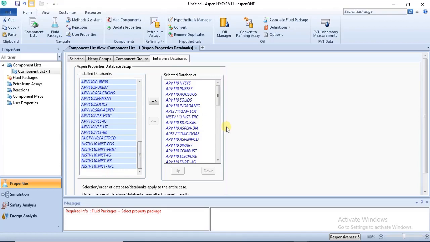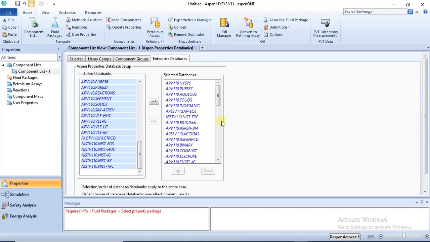In the case of the OOS, I knew it was under biodiesel, which is why I chose biodiesel. But if you don't know, it's better to just highlight everything and add them to the selected data banks